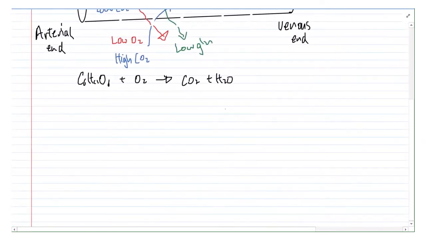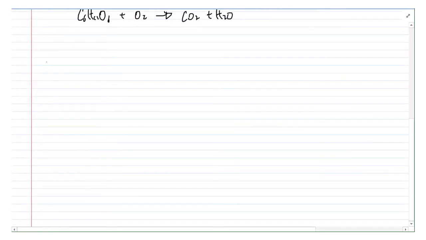So the next factor that affects capillary exchange that we're going to look at is blood pressure. Blood pressure is basically the amount of force that the blood is pushing against the blood vessel. So you can think of